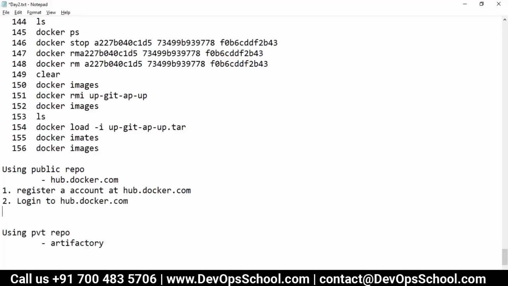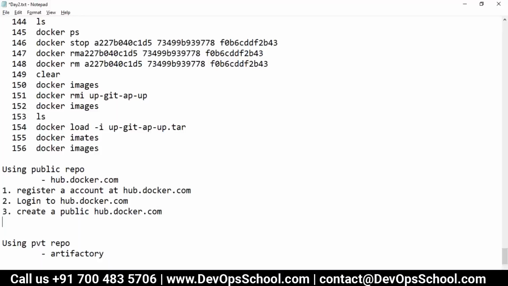Third, create a repo, create a public repo. Okay, so private repo is paid, I guess. One repo is free, but the remaining are paid. Now, fourth, match a repo name